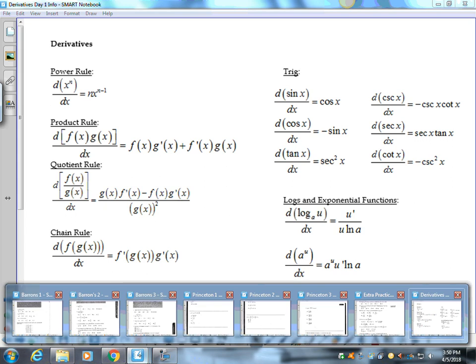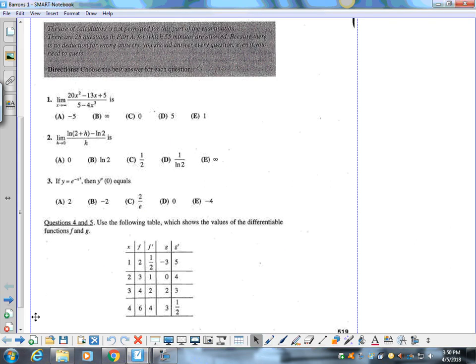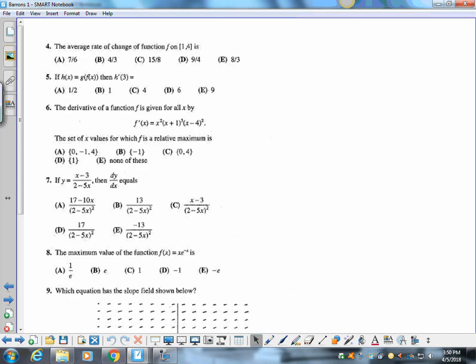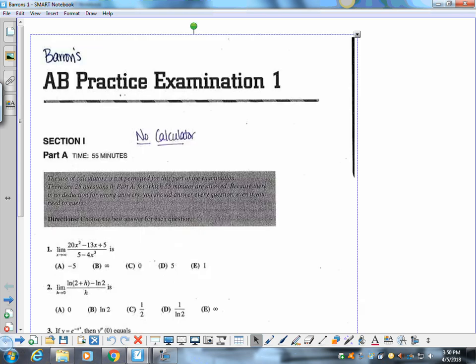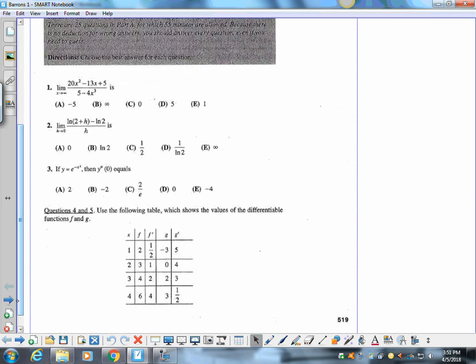Okay, so we are going to start Barron's test number 1, or the test number 1, but we're going to start with number 7. No, we're not going to start with number 7. Sorry, we're going to start with number 3. Okay. So number 3